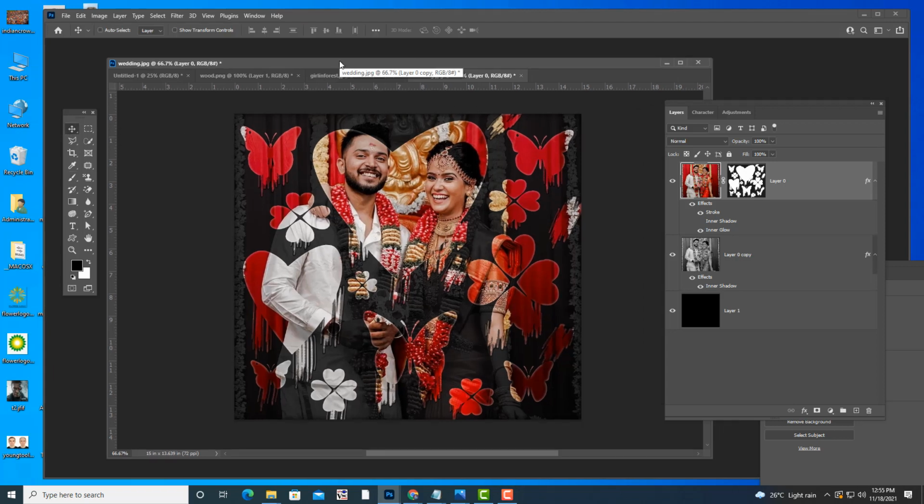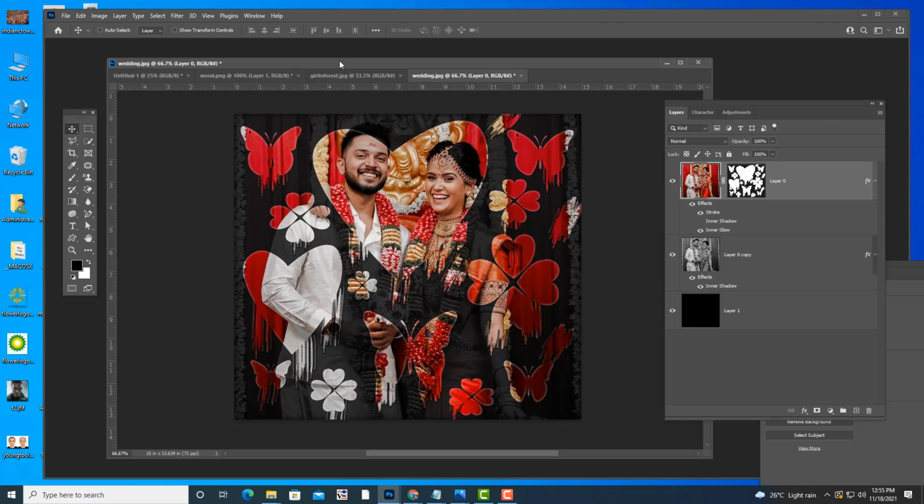So this is the end of mask. So many things we can do with mask. Last class we have done edge masking and also refine edge. This class we have used vector mask, and also we have done one more example with mask using different brushes.